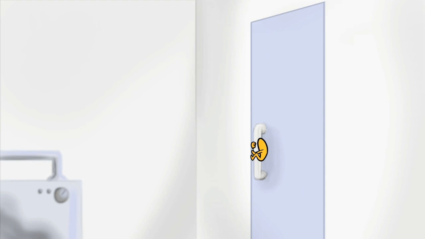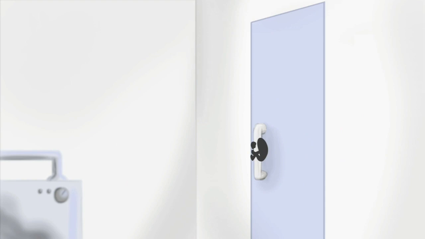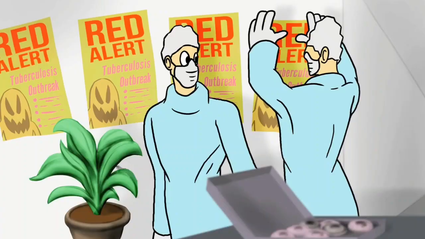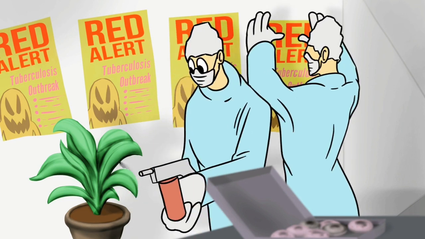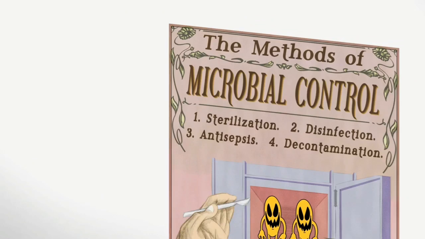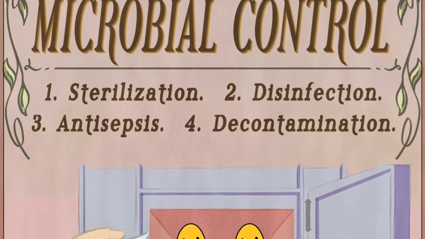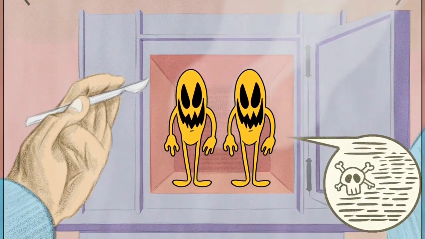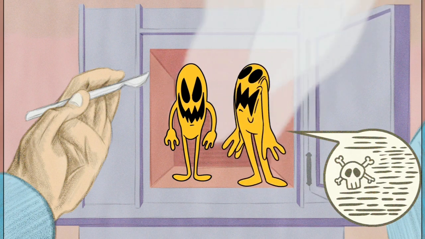Now the role of microbial control is evident, to stop microbes from getting into places they aren't supposed to be. The standard of control is the incapacitation of microbes, but the approach to this can vary according to the situation. So for each occasion of microbial control, keep these 4 possible outcomes in mind. The first outcome is sterilization, the complete eradication of all microbial life.